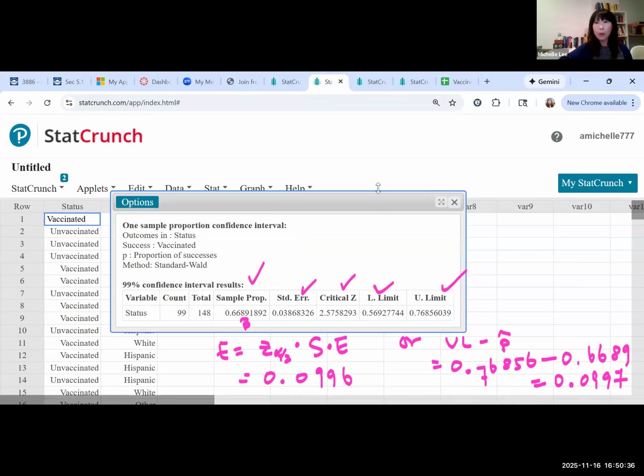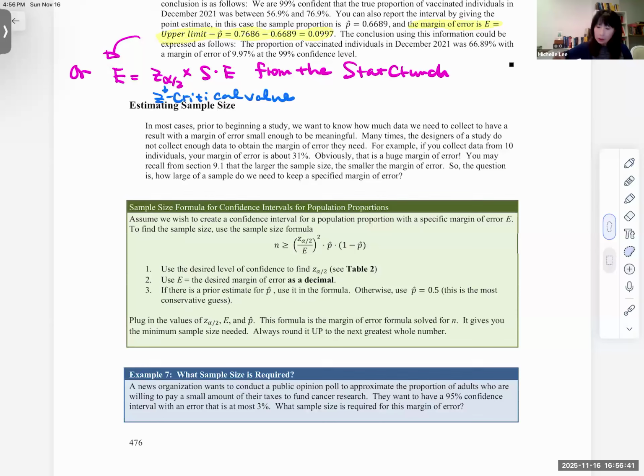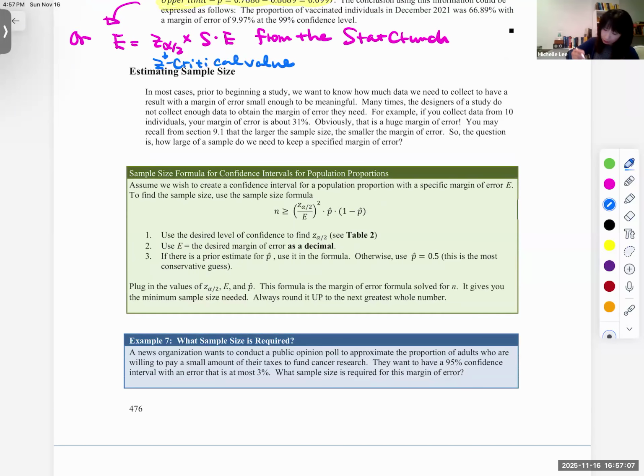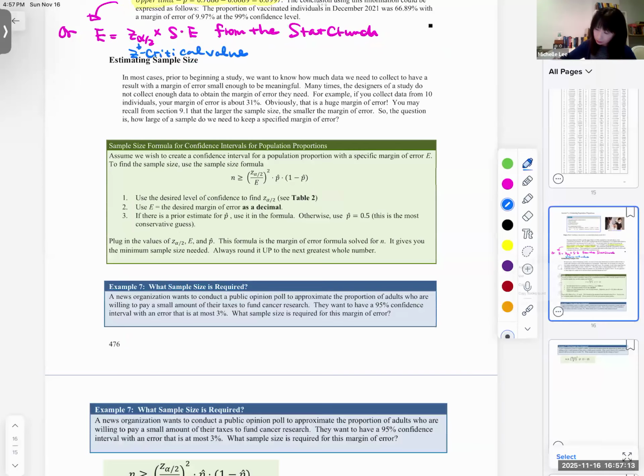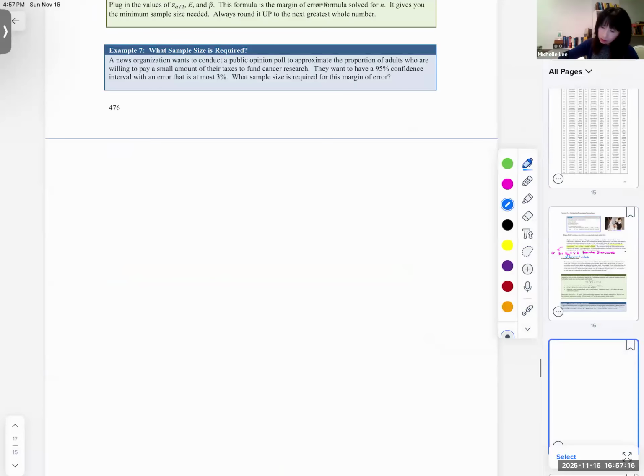Okay, let's go back. All right, so let us do sample size, finding sample size. So we have a formula. So how to find the sample size? Oh, okay, so look, let me write down here. So we had